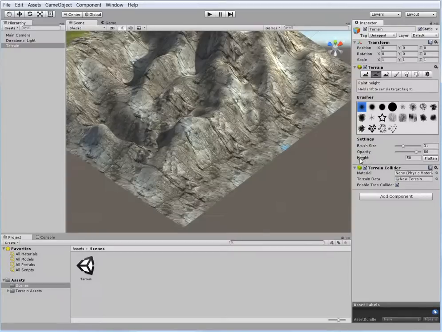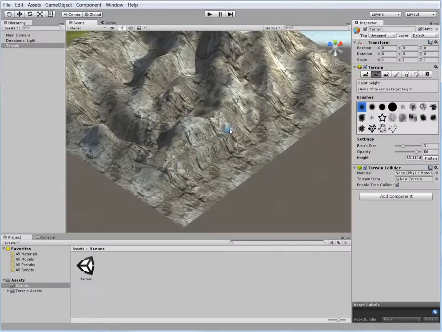But what I'm going to do is come over here to my terrain. And let's say that I want to have a flat plateau outside this line of mountains that is about this high up, right? So I can hold shift and click right there on that spot. And now Unity tells me that the spot that I clicked on is at 63 point some odd meters. And so now if I come here and I start clicking,